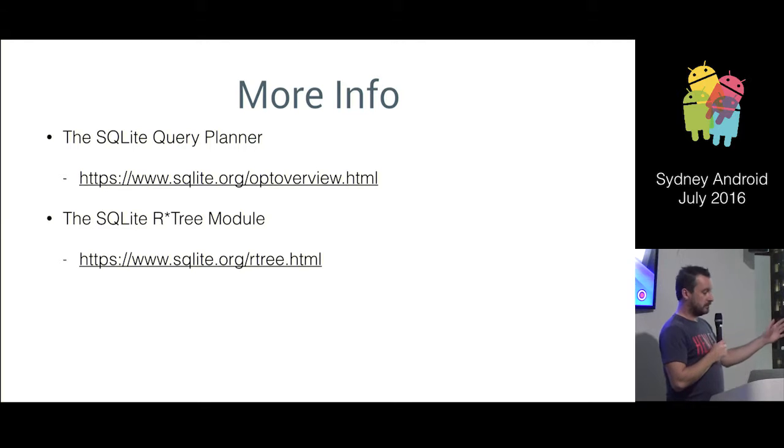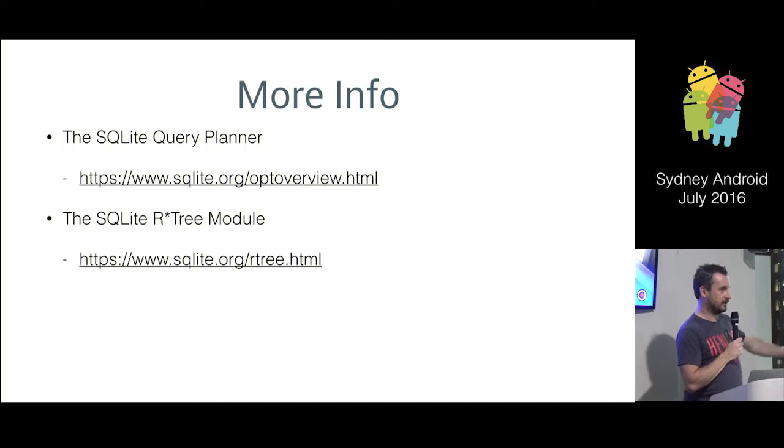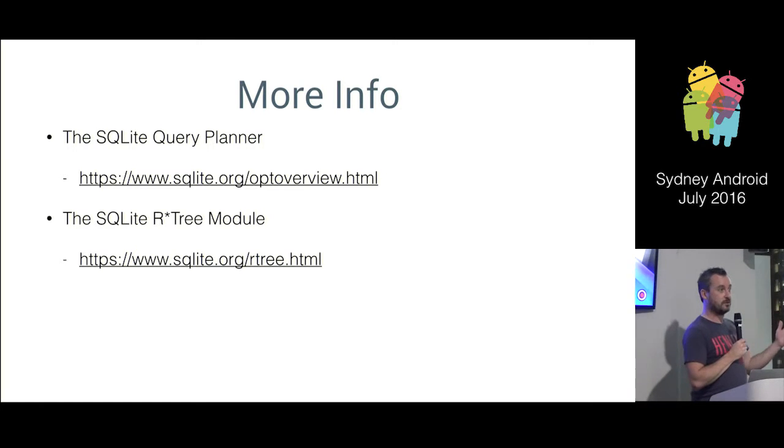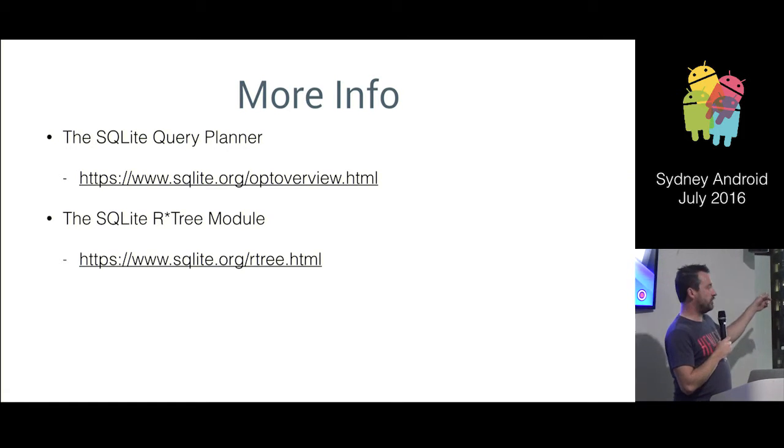If you want some more generic info on how SQLite does its query planning, and the asterisk that I mentioned earlier, the one place where you can use more than one index on a query, it's all on this first page here to do with the query planner. Lots of really cool stuff on there about when indexes will be used and when they won't be used, when you've got greater thans and equals and all this kind of stuff. And if you're interested in the R-Tree module, this is the link for finding out more about R-Trees and how they can be useful for